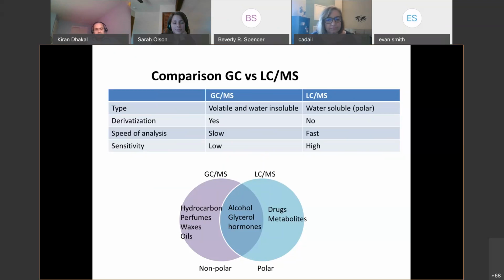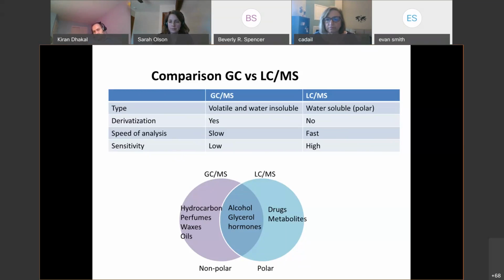For GCMS, we need to convert our analyte or the drug to something that can be evaporated, that can form a gas. To do that, we need to do a chemical reaction by derivatizing a chemical, and we do not need that kind of